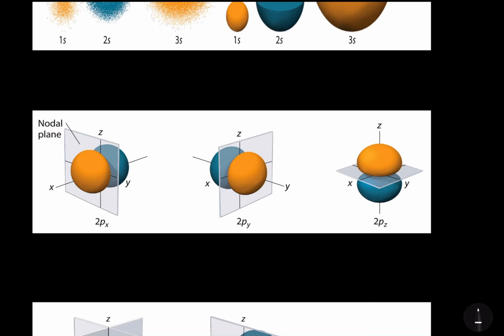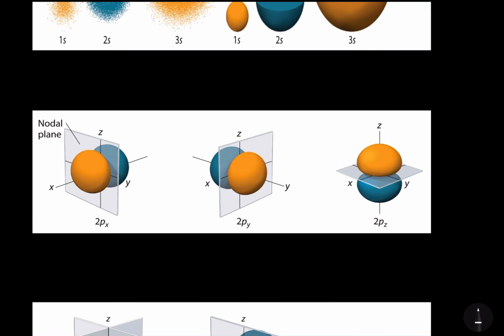I have already told you in the lecture on shapes of orbitals that p orbitals have directional preferences and are dumbbell shaped. So there will be a planar region between the two lobes of the 2p orbital where the probability of finding an electron is 0. So in case of 2px, we have the planar region on the